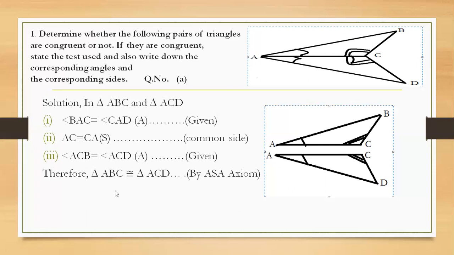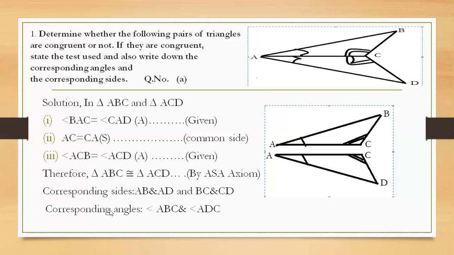After finding the congruent triangles, we have to show their corresponding sides and corresponding angles. AB's corresponding side is AD. AB is opposite to this angle, and AD is opposite to the equal angle. And BC and CD, BC is opposite to this angle and CD is opposite to this angle. These two angles are equal, that's why their opposite sides are also equal. Opposite sides of the equal angles are corresponding sides, and they will also be equal in congruent triangles.